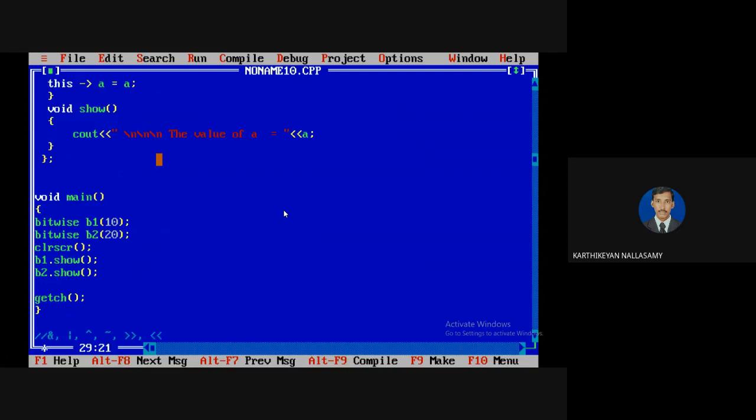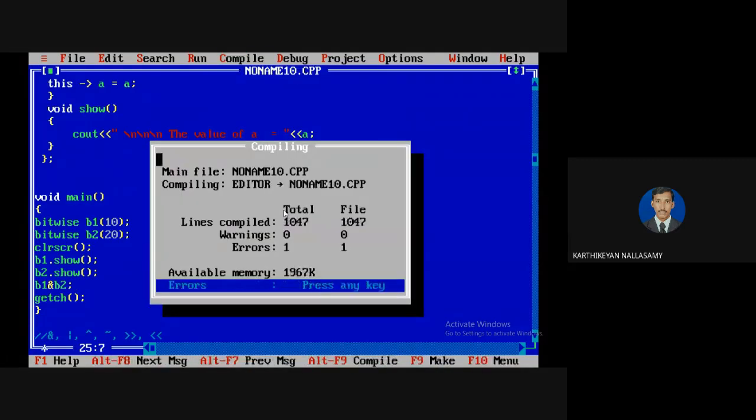These are the different types of bitwise operators supported by the programming language. Here I am trying to apply bitwise AND to b1 and b2. Then I'm going to compile.